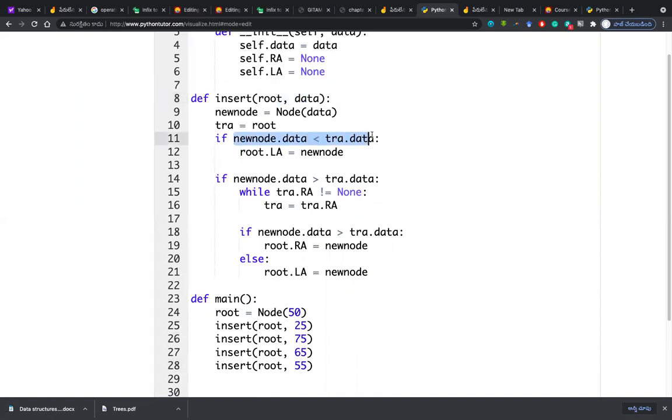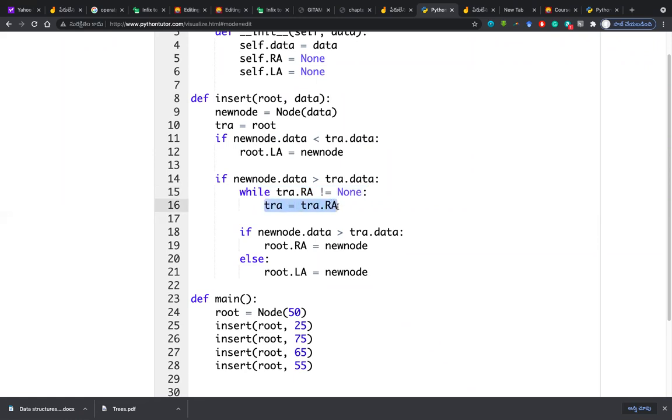If data is not satisfying, so it is satisfying because new data is greater than your traversal data, that is 50. So while traversal dot RA not equal to none, you will traverse to the right side.